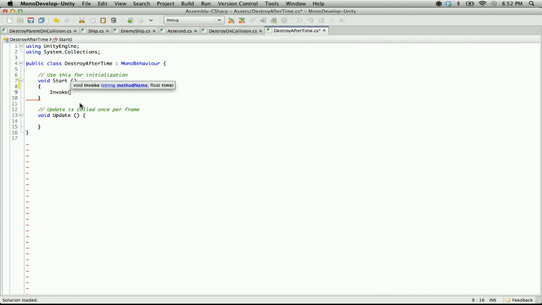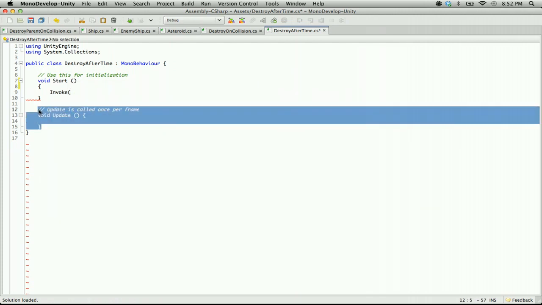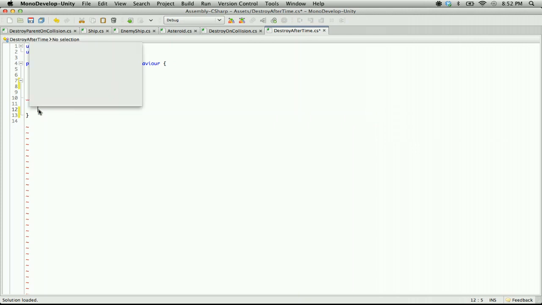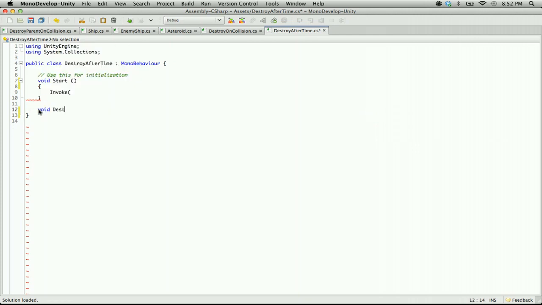Alright, so we're going to create a little function called void destroy self. Actually, let's call it self-destruct because it sounds cooler. And my tabs aren't working right now because I just left this function invoke hanging here. So invoke self-destruct,